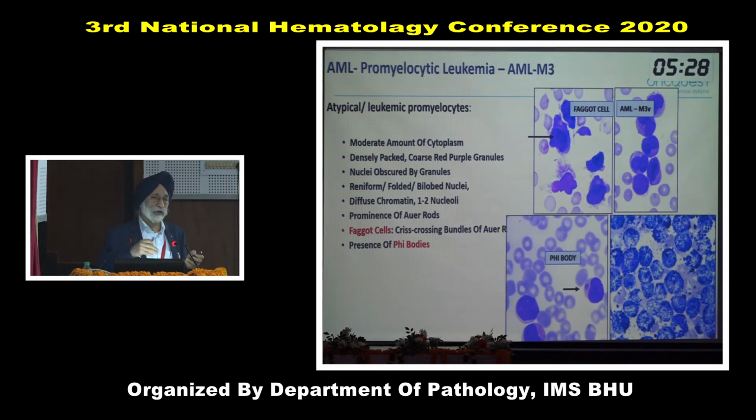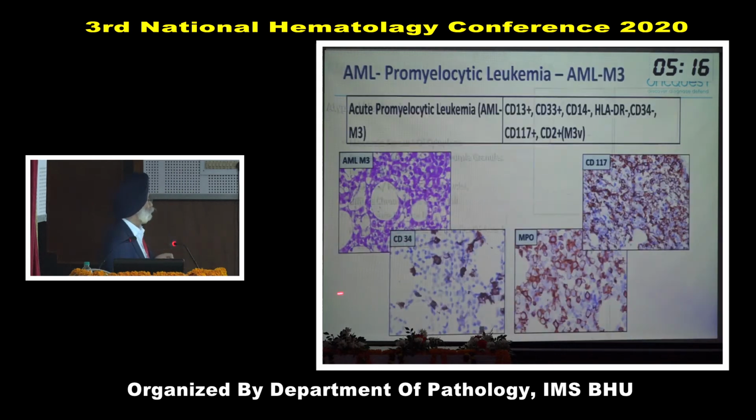This is in contrast to monocytic, because sometimes the morphology may be confused as to whether it is M3 variant or that, but then it is the MPO which confirms the diagnosis of these cases. Now this is the CD34, since the blast cells are very, very few, less than 20%, promyelocyte is a neoplastic proliferation, so MPO positive and CD117 positive.